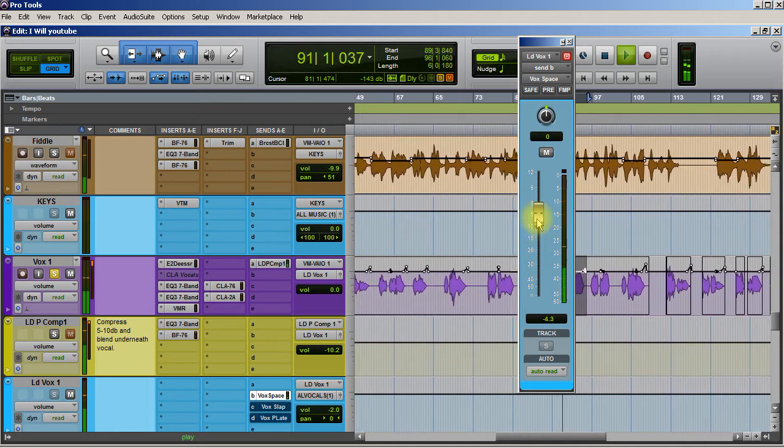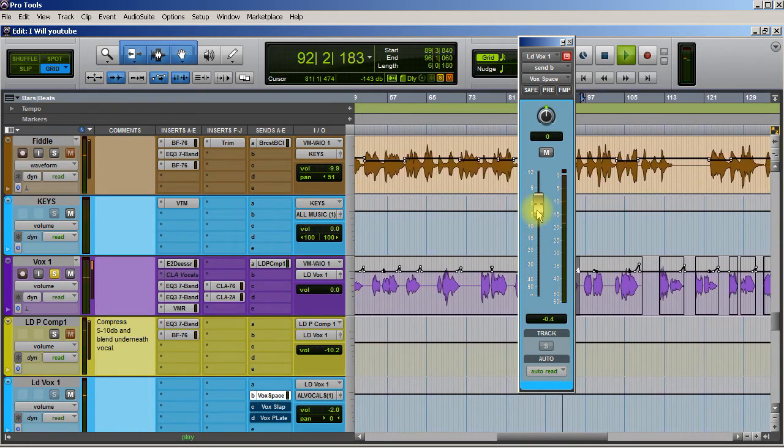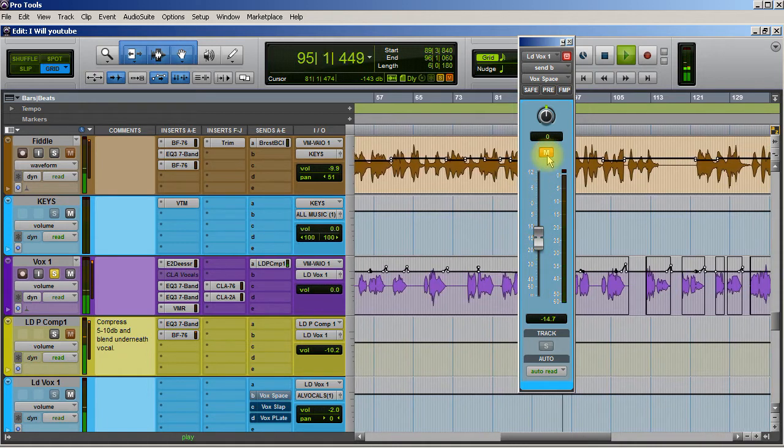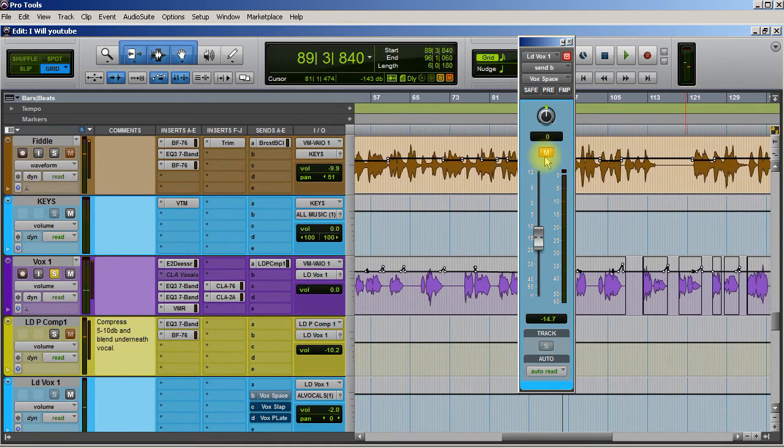I will sleep with your pillow all through the night. All right, so it's not a huge difference the way I have it set up, but it's enough to